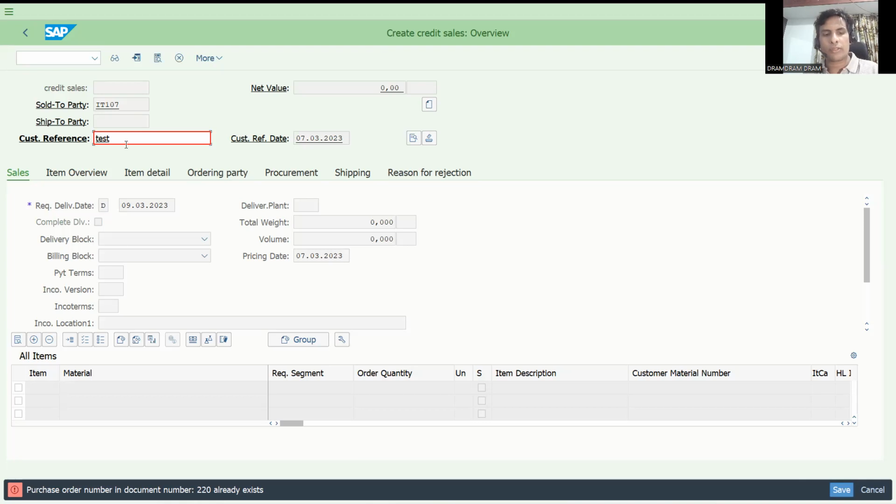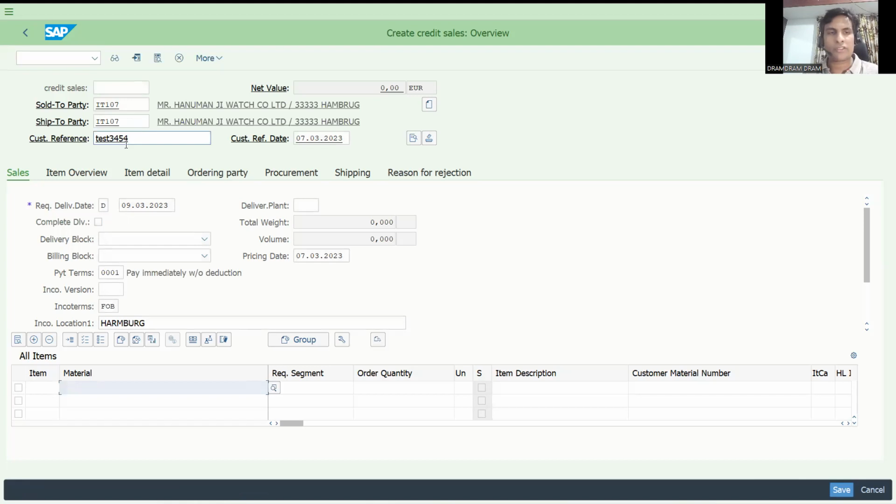For example, if something is the 3 4, this is not there and it is allowing. That means for the sales order, this P1 number is not duplicated. Again, you try to check. If I give test, it is giving error message. So let's try to